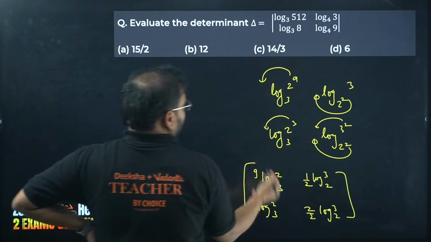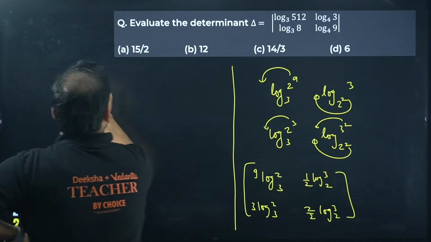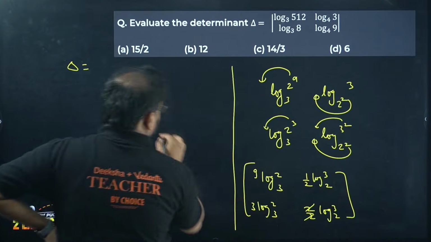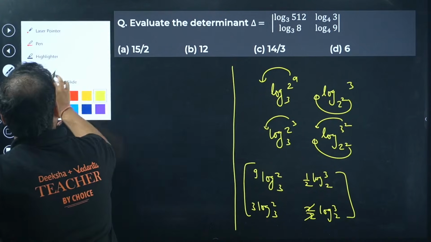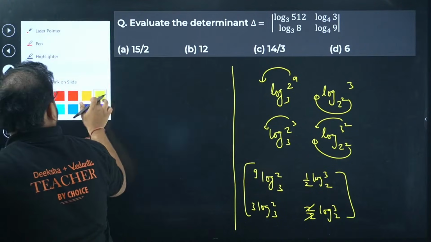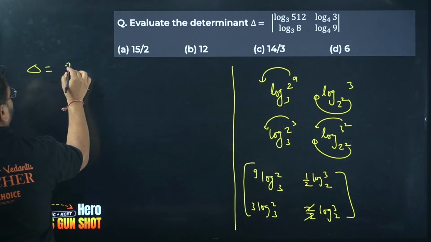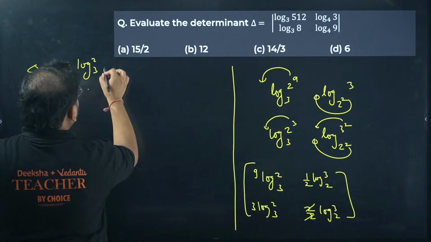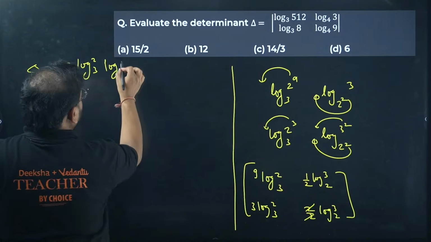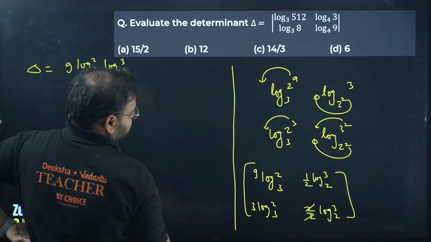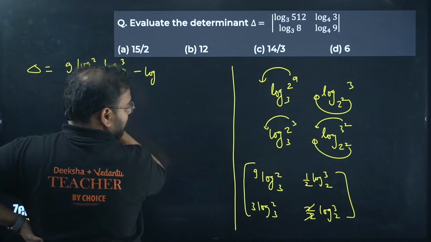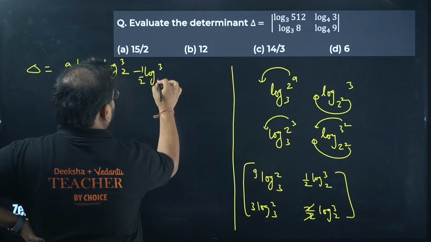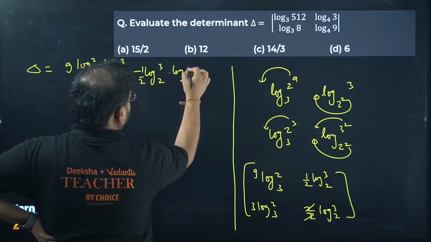How do you solve this determinant? Of course, you're going to take the cross multiplication method. Check this out. The determinant will be given by, so 2 and 2 is cancelled, so I get 9. Excuse me guys, I'll need more space. Let me just take that from here. Determinant is equal to 9 log of 2 with base 3, and we have log of 3 with the base 2. Okay, it makes sense. Minus 1 by 2 log of 3 with base 2 and log of 2 with base 3.